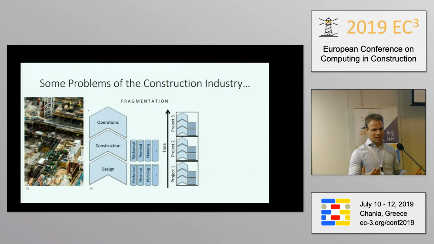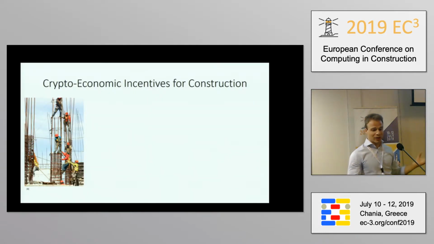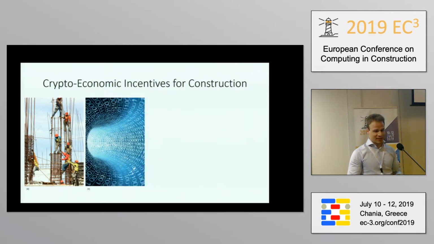So how can you try to solve this? I have this idea that I can use data that is currently created with all these digital models to create a new system I call a cryptoeconomic incentive system for cross-construction. So the idea is basically that you observe what's happening in design, in construction, and also in maintenance, and you gather data. And this becomes more and more easy over time.